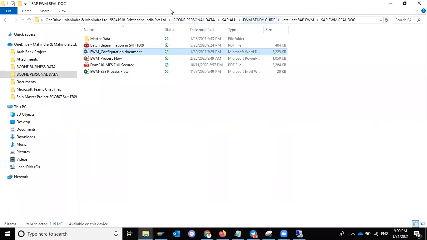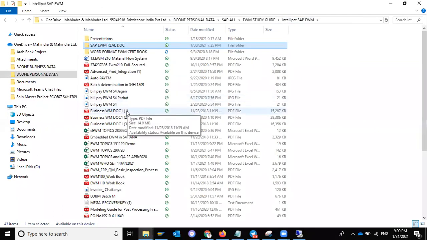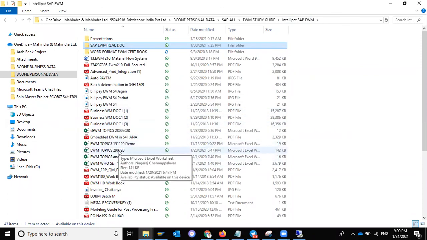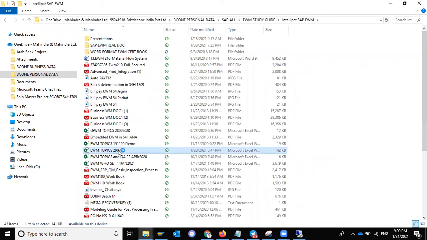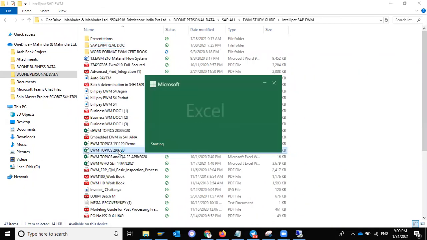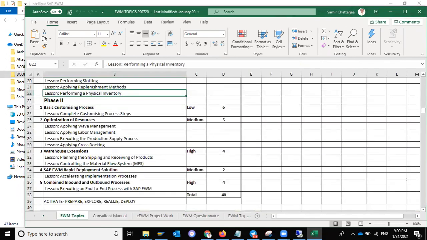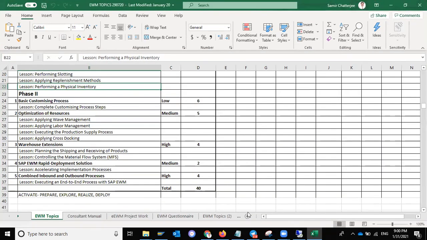What is the syllabus applicable for this batch number 4? Let us see the syllabus.